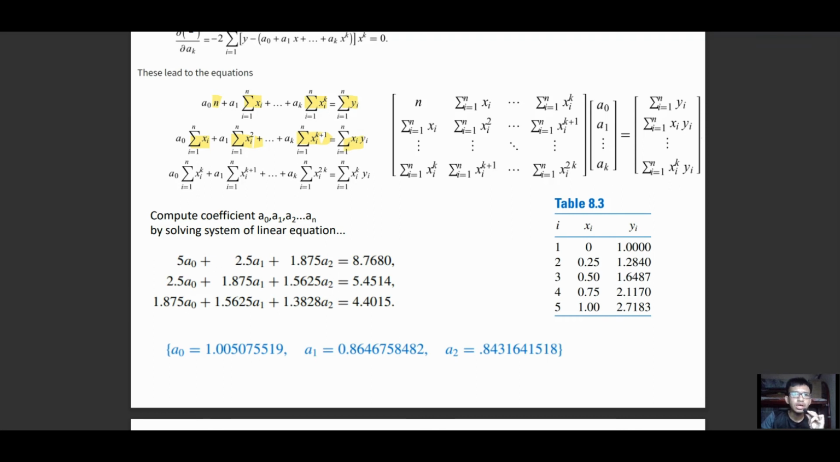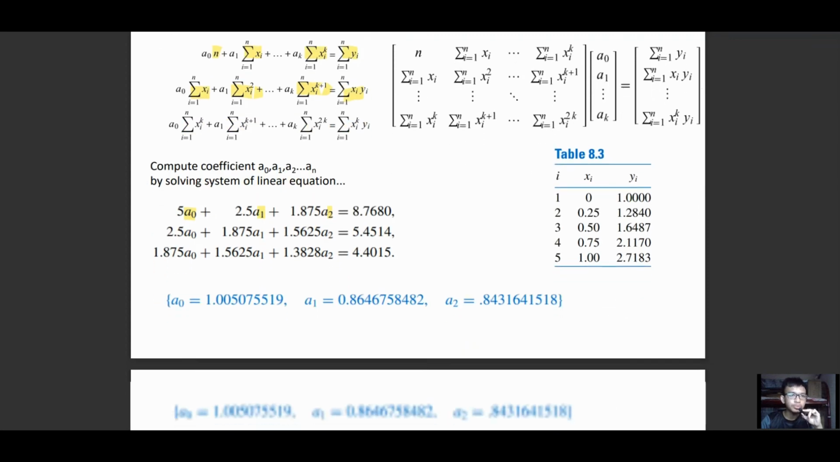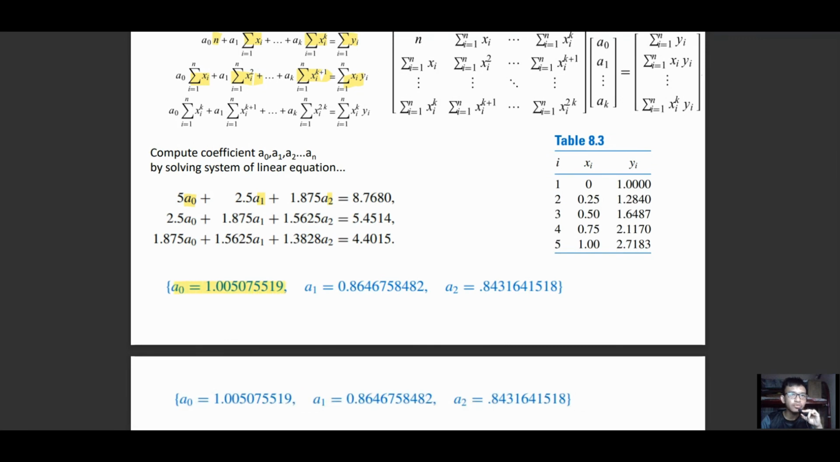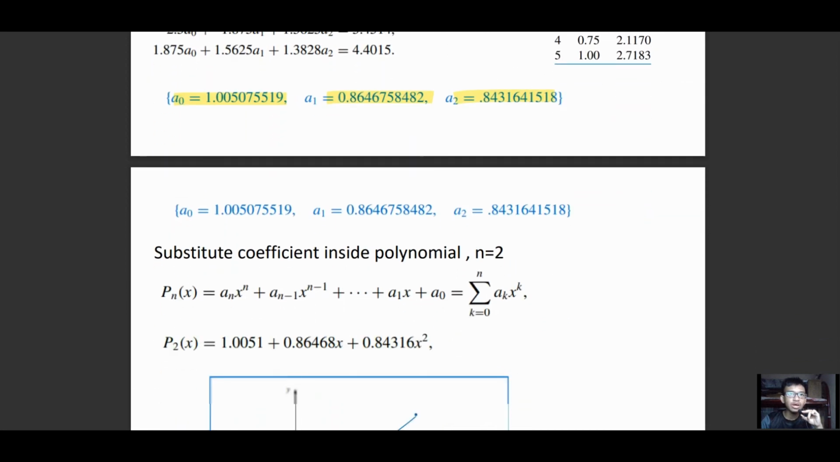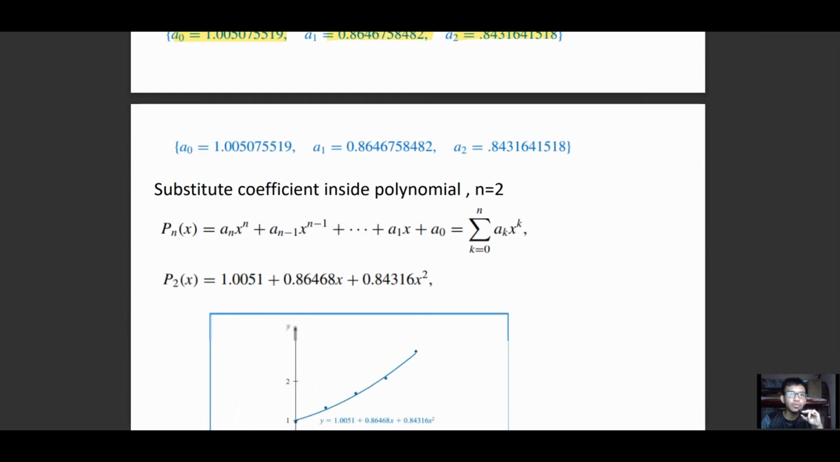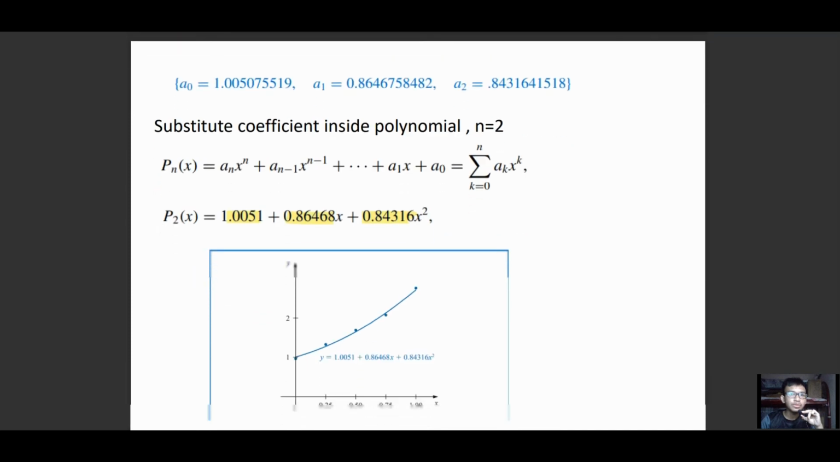And of course we can use knowledge from linear algebra to compute the values of a0, a1 and a2, which are the coefficients of our polynomial of degree 2. So this is the result when we solve the system. Okay, and then after we calculate the coefficients, we substitute them inside our polynomial. That will result in this